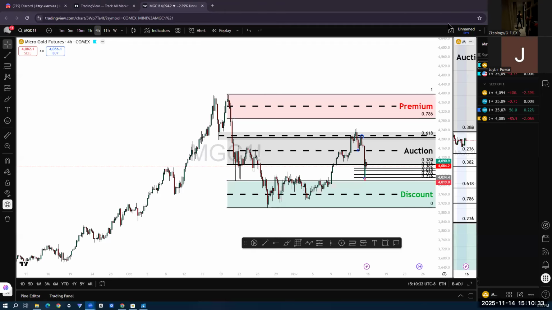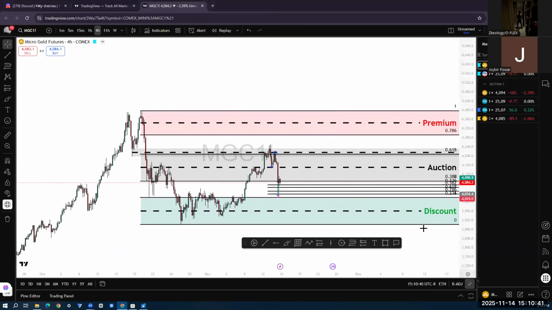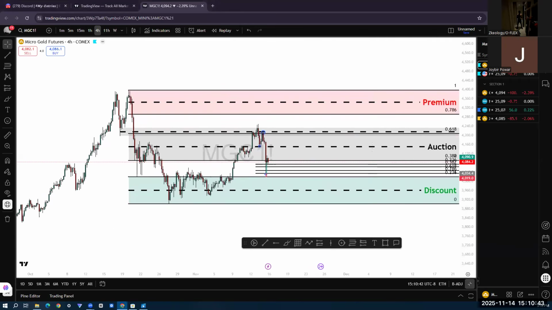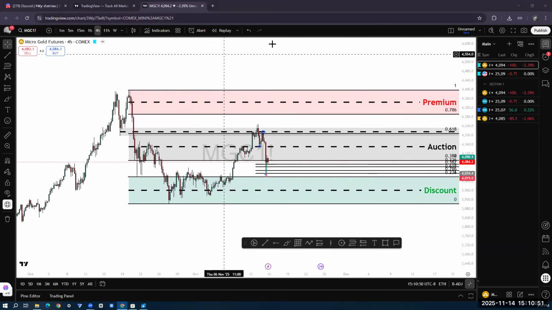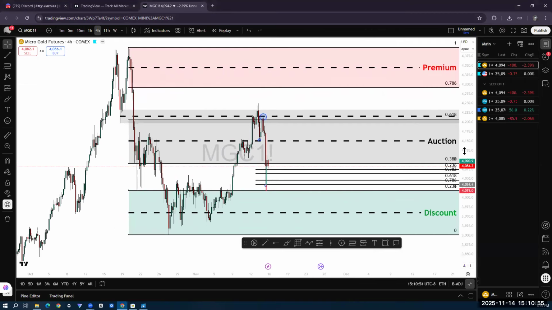With the point of interest, sometimes I would not mark those out, which obviously is not a great thing. So I would go into the 1 hour, mark the swing high, swing low, premium and discount. But then sometimes I'd be like, okay, look, it's tapped to 618 and it's rejecting. Let me go for a short here. And then short it to maybe either the 50% or the 382. And then it would just completely stop me out and then actually reject on the 786.